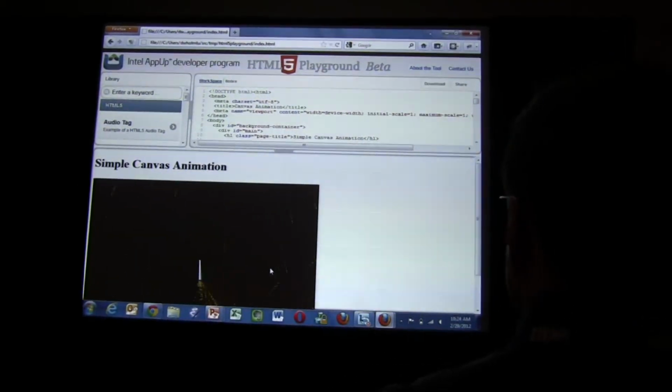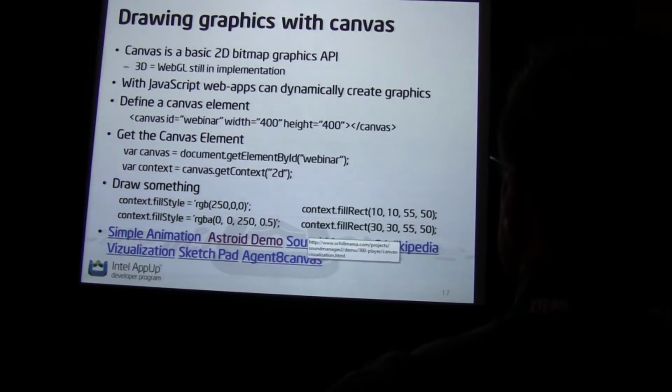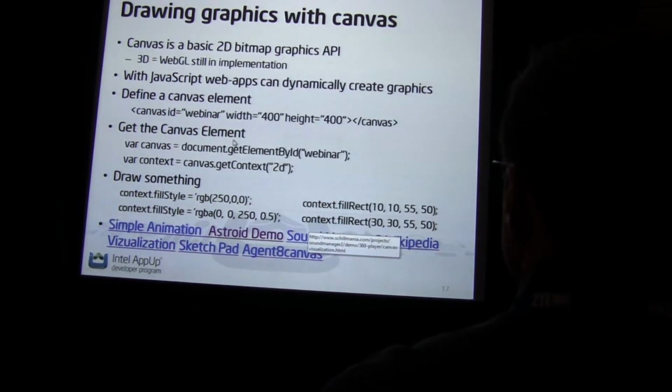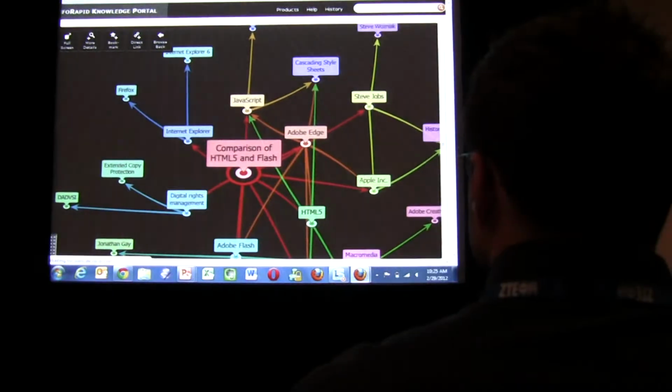So I didn't look to see if my network is connected. Hopefully this will work. I'll load up a few here. Here's another example of an HTML5 application. This is done with Canvas, and this is an application which takes a Wikipedia article